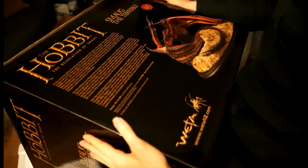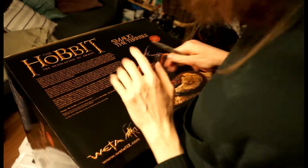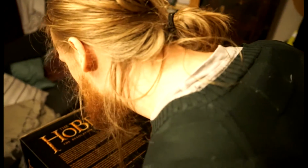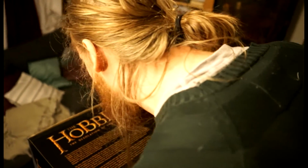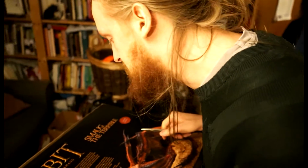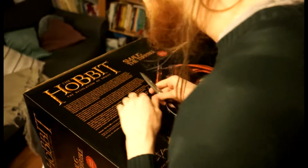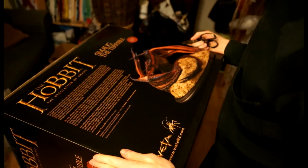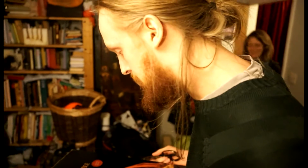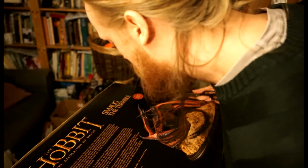Okay, so here we have another side of the box. I know that you geek guys and girls are going to be interested in all this kind of stuff. So it says, in the cavernous gloom beneath the lonely mountain, all is quiet. A hot stillness lies, oh I like that, a hot stillness, upon the vast desert of gold and treasure that carpets the ancient dwarf city's once teeming halls. A treasure unrivaled in all Middle-earth, but which glittered unlooked upon by mortal eyes,